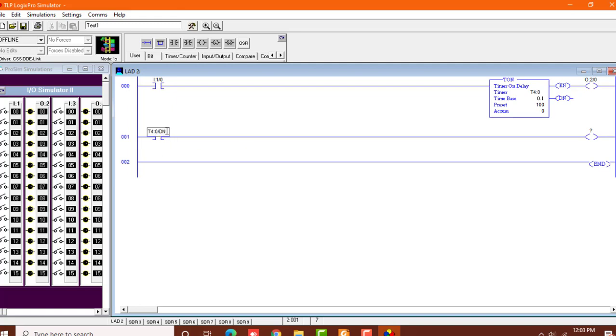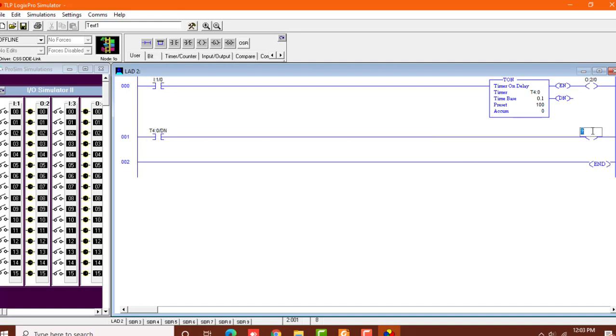Now if you write 14 over here, you can see that it has gained the TT switch, which is basically the bit when and it's on when the timer is processing or you can say counting the time. And here we can also write 15, which is the enable pin, and you can see this bit has appeared over here. But what I need is the done pin, so I'll just write done over here,